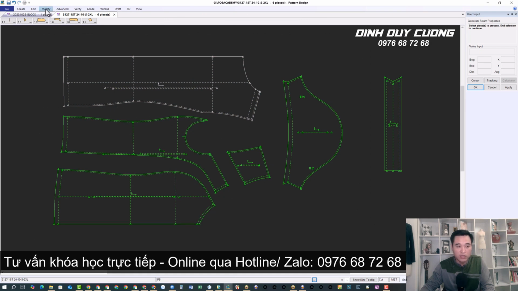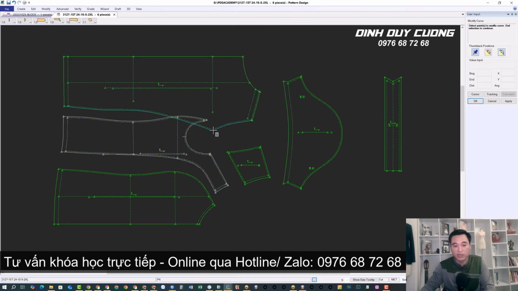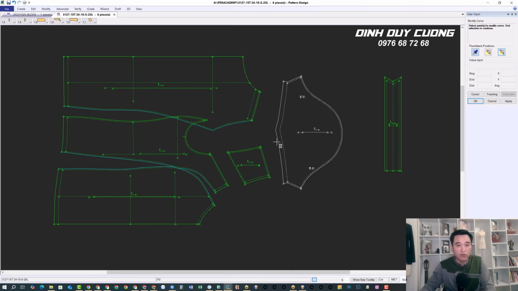Now try adjusting it. Try adjusting a detail and see there, do you see it? So you have now successfully converted the outline into a sewing line. And when you adjust the outer line, you will see the difference. The inner line will adjust accordingly. That way everything will be just fine.